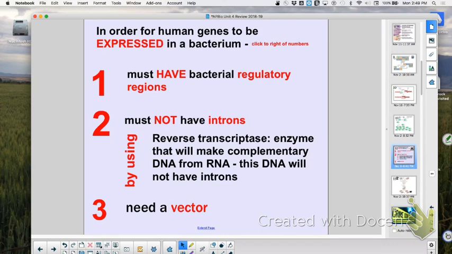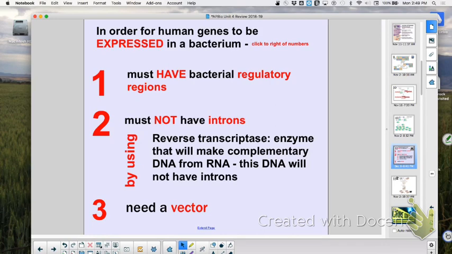Yes? Reverse transcriptase, maybe. It doesn't have to be. Right, that's one strategy. It must not have any introns in it because you can't express the introns. So this is where you might use reverse transcriptase. And then you need some way to get it into a cell, right? So really good genetic engineers are what? They're really, really small. They're not even considered alive. Viruses, yeah. So that you can get it in, or you might use a plasmid to get it into a bacterial cell. Okay, questions or concerns on that?